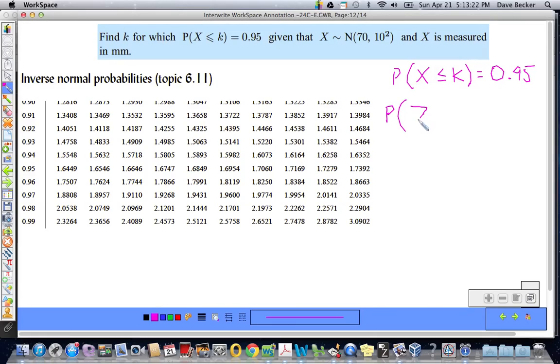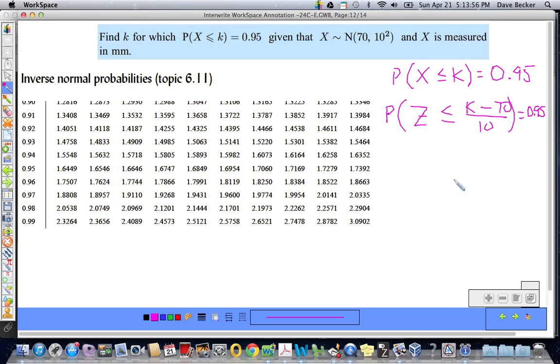That the z-score, this is a little bit easier to understand, is less than or equal to, I'm going to have to standardize this variable because it's not standardized right now, is equal to k minus the mean of the data over the standard deviation. For what value of k is the probability 0.95, or 95%? So really what we're asking,